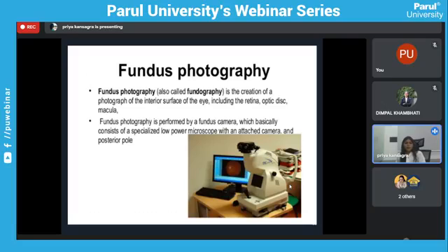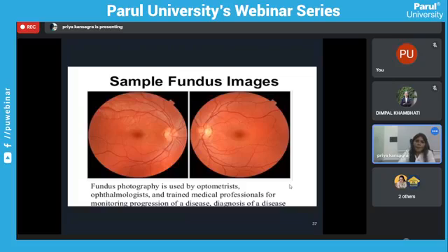Fundus photography is performed by a fundus camera, which basically consists of a specialized low-powered microscope with an attached camera and flash. Like you can see in the image, this is the machine. From this we can perform fundus photography. This is a sample fundus image. This can be performed by optometrists,